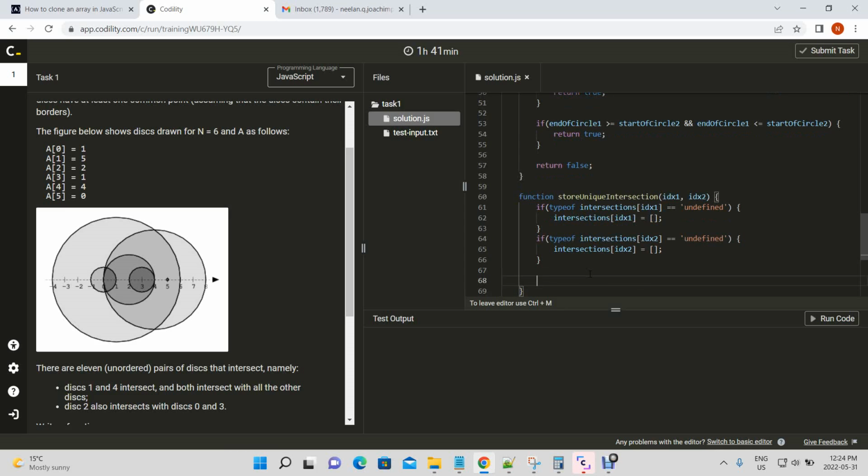Okay, so store unique intersections if the first one is undefined or the second one is undefined, right? We're going to set it to a value. Now we're going to check whether these intersections actually have a value. So if this dot includes, I think it includes IDX2,